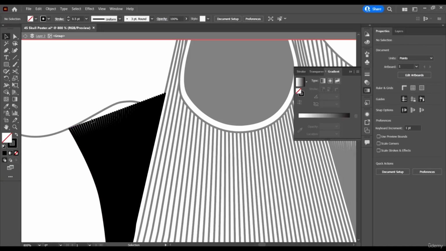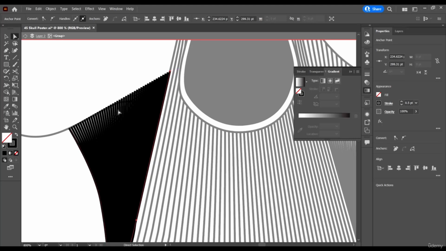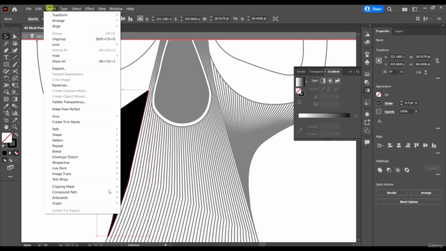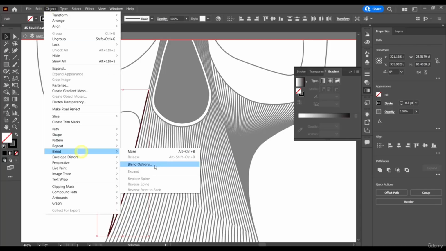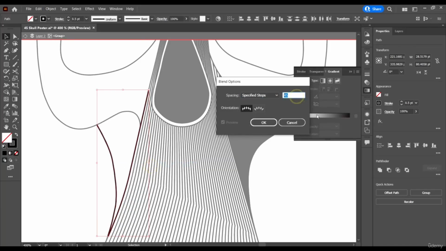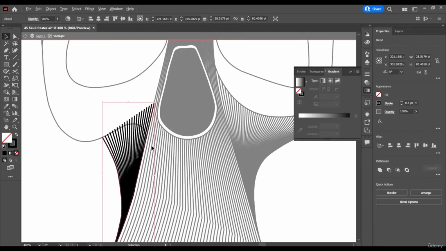Now we can see that it's not reaching the top, right? It didn't reach the top, so we can actually cut it. So what we can do instead is just drag this one like this. So that's what I wanted to do, but I wanted to see the problem first before doing it. So we need to release our blend and redo it, but this time with fewer points, right? So let's hit 20 and make, and yeah, now it looks better.